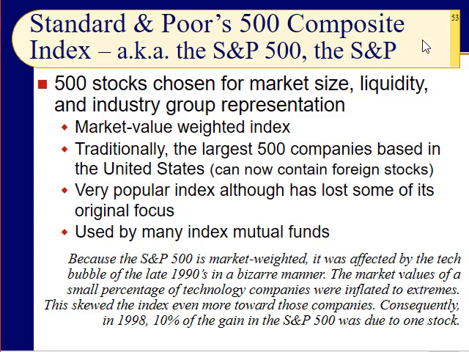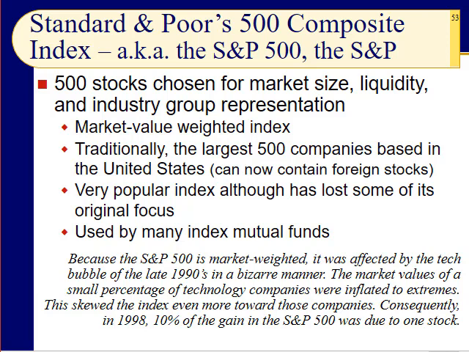Finally, here's a slide that defines the Standard & Poor's 500. We've made mention of this over and over and over again. It's typically 500 stocks. Actually, it's a few more than that right now, and they change over time, that are chosen for market size, liquidity, and industry group representation. It's a market value weighted index. You see, the Dow Jones Industrial Average doesn't care how big the companies are. And what they do is they strive to have the largest companies in that index. Whereas the Standard & Poor's 500 says, oh, okay, the bigger the company, the larger the capitalization, what the company is worth, the more weight it's going to have in the index.